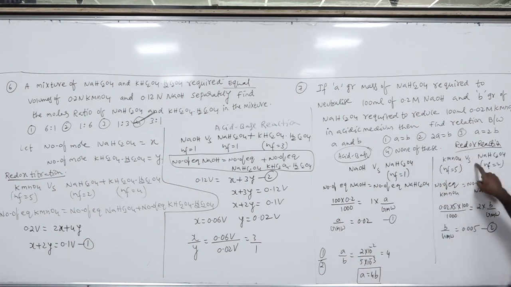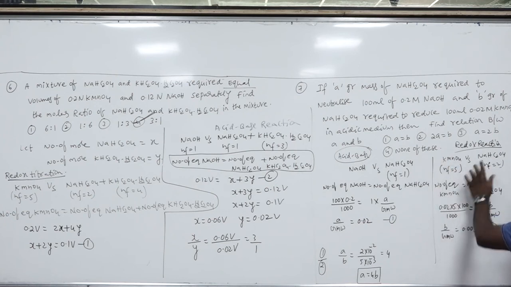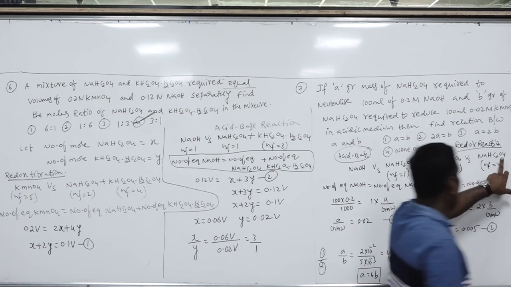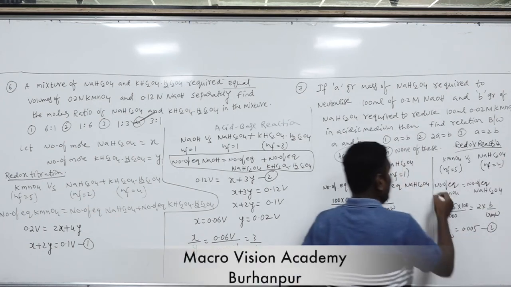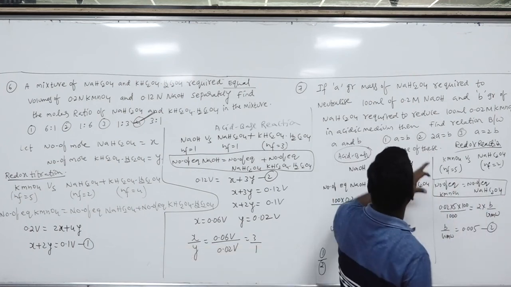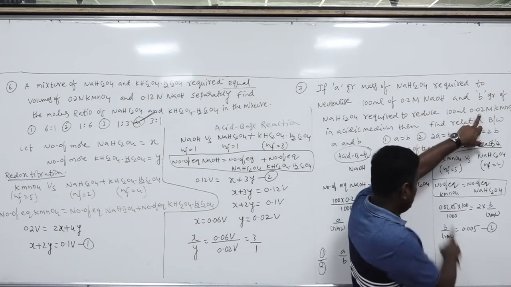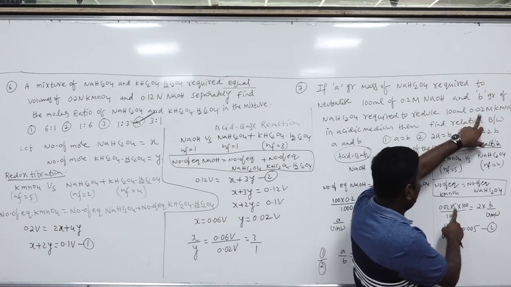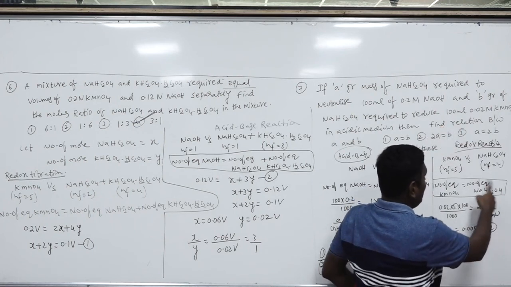Come to here. This is a redox reaction. The n factor of KMnO4 we know is 5. For sodium hydrogen oxalate, here the n factor is 2 because the oxalate ion undergoes oxidation into carbon dioxide. Again the law of chemical equivalence. Now the number of equivalents is equal to normality into volume by 1000. What is the normality? Molarity is given to you. So molarity into n factor gives normality, into volume 100 ml by 1000, is equal to the number of equivalents.